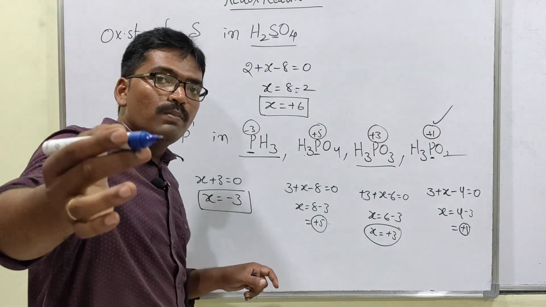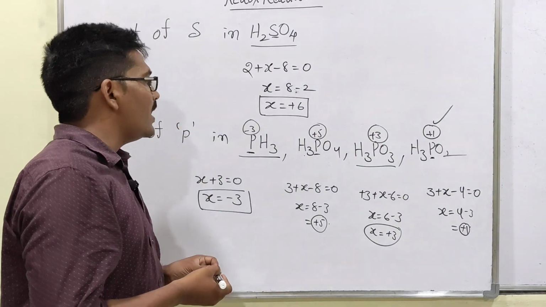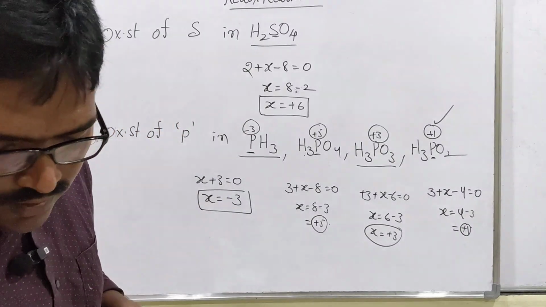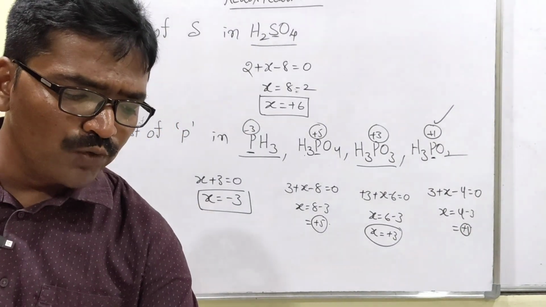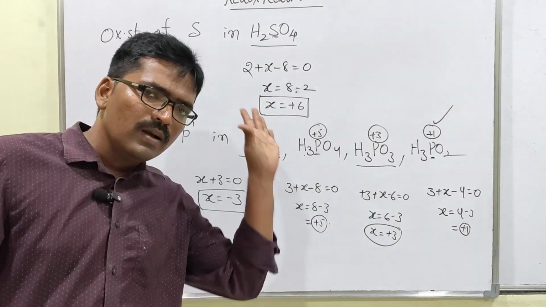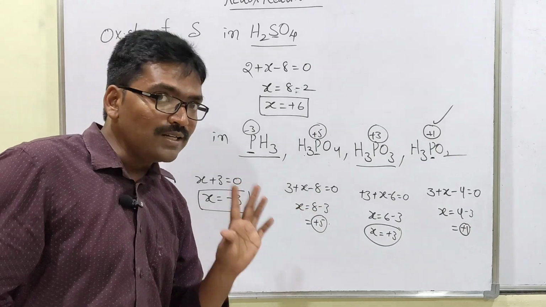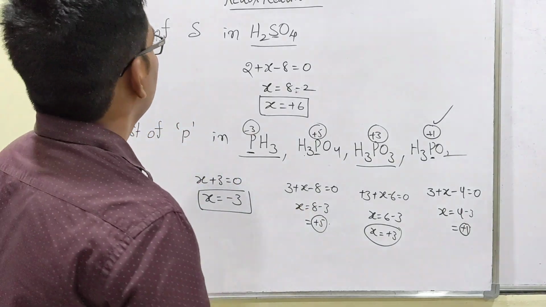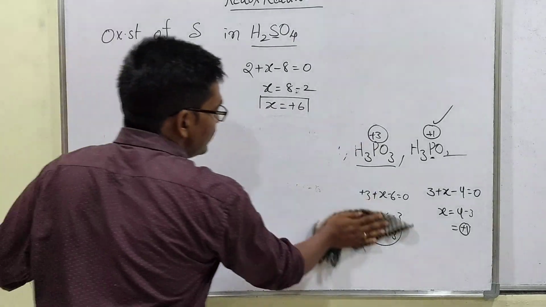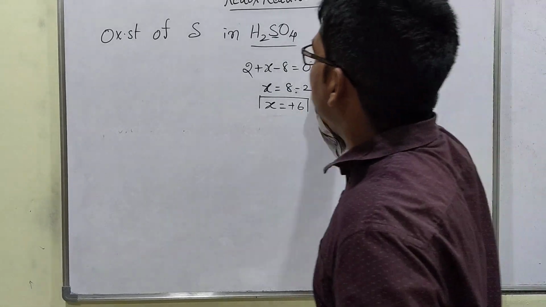So that's what I told. Phosphorus can exhibit different oxidation states that we call variable oxidation states. Now all these we can find out by using the formula, by taking support of the rules. But some exceptional cases are there. Sir, what are those exceptional cases? We'll discuss again. By using the formula, we cannot get the oxidation states